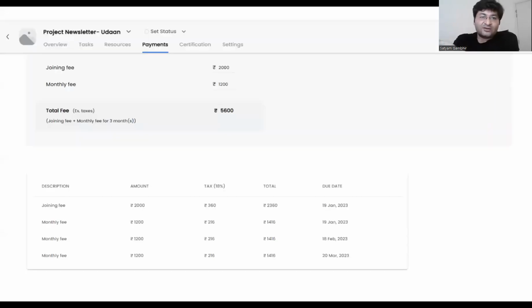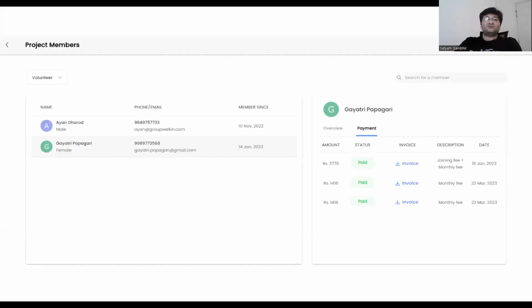Now, moving to the payments part of it. So every project can have its own fee. So you can define a joining fee and a monthly fee. Monthly fee is a recurring fee for as long as the project runs, the volunteer will pay. I mean, this is only sample amounts. These are not actuals. So once this happens, when the volunteer logs into their own profile, they get to see